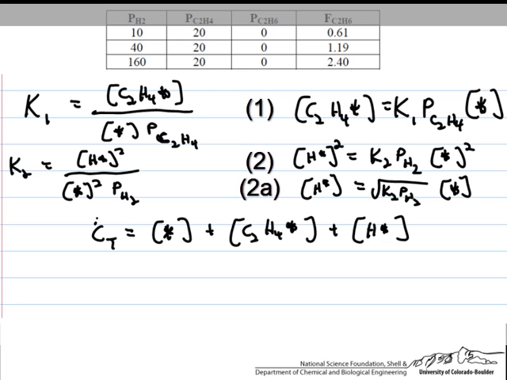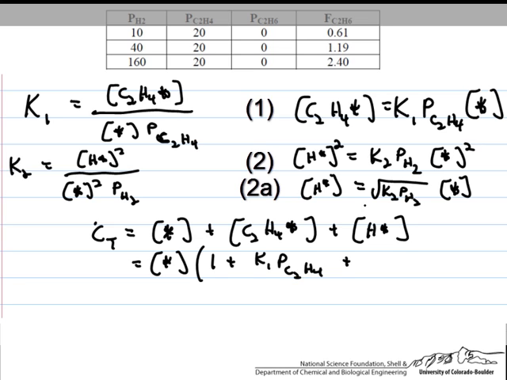In a catalytic reaction, we don't generate or remove sites in the simplest approximation. All right, we can substitute in for this, and I'm going to go ahead and factor out the concentration of sites. So we have 1, if we factor that out here. C2H4 star from equation 1 is equal to K1 times P C2H4 times the concentration of vacant sites, which we've factored out through this term. And so that's equal to 1 plus K1